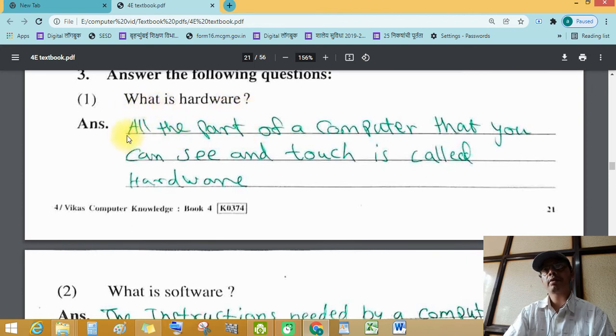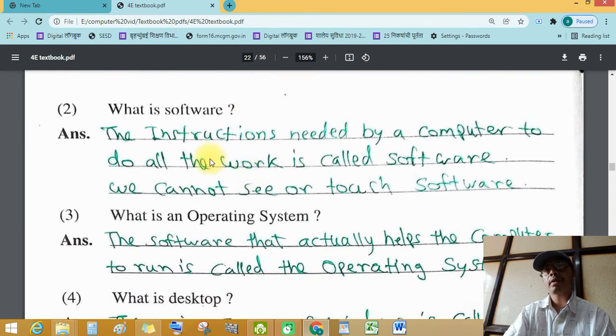What is hardware? All the parts of a computer that you can see and touch. Next, what is software? The instructions needed by a computer to do all the work are called software.